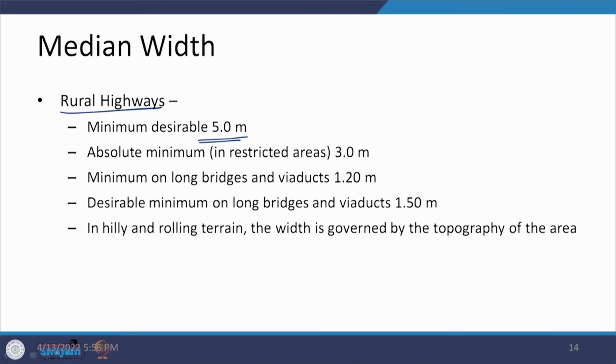5 meters. The absolute minimum in the restricted area is 3 meters. When we are talking about bridges, long bridges and viaducts, the minimum is 1.2 meters, but desirably we should provide 1.5 meters there also. In the case of hilly and rolling terrain, we have to look at the topography and see what widths are feasible, depending on the total width available, and then deduct the number of lanes to be provided, or if there is a requirement of a footpath, we see what we are left with